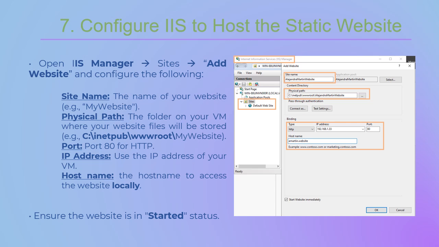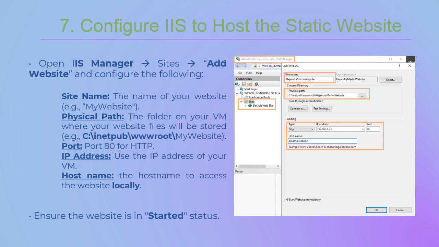So now is the time to upload the contents of our static website. That is the HTML, CSS, the images of our website. And we have to put them on the folder that is set up by default on Internet Information Services.